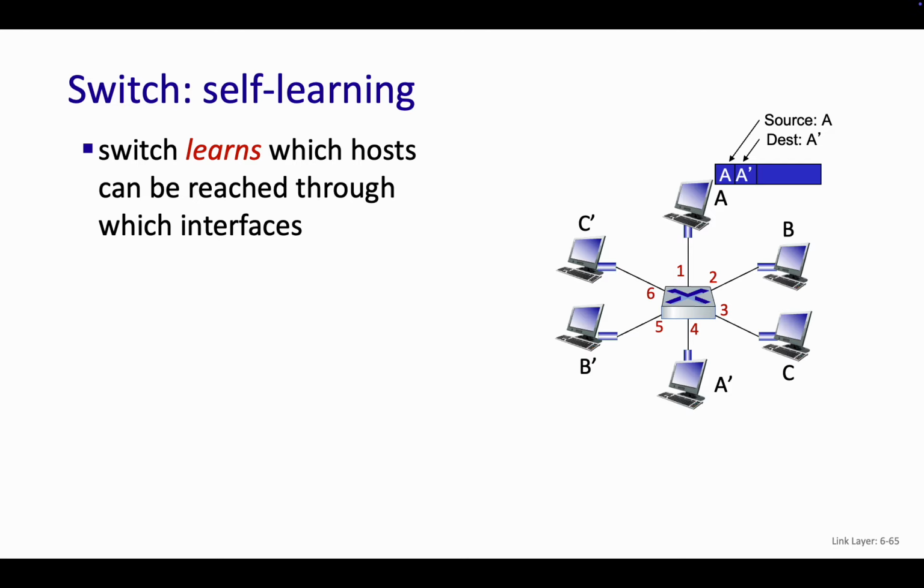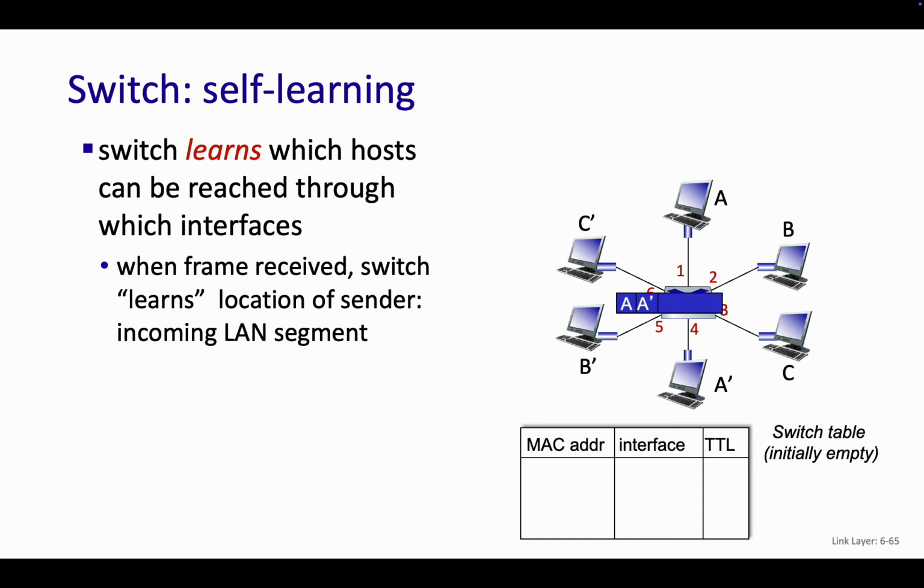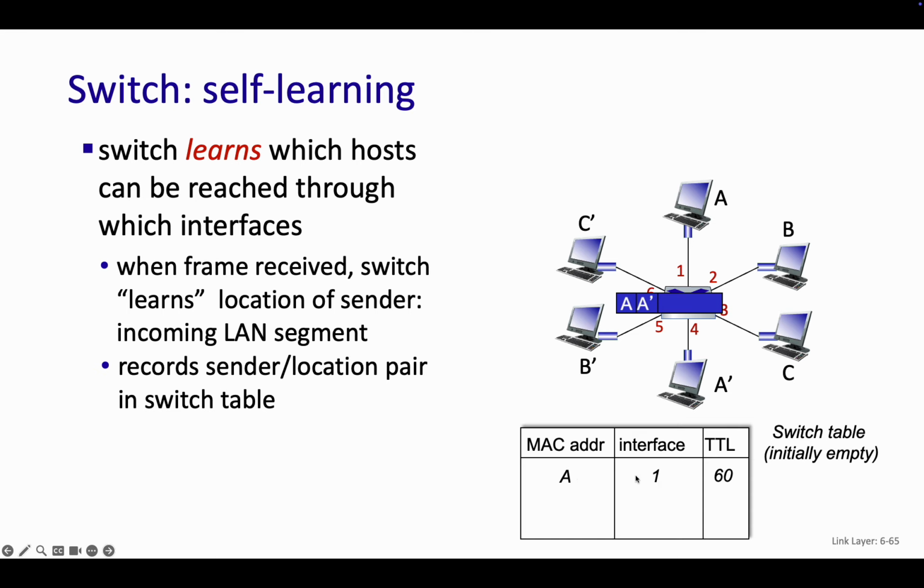So I have A, I want to send to A prime. So what I do is I just send it, and the switch says, oh, wait, this came from A. Okay, now I've learned that A is hooked up to interface 1. So it will now keep that mapping because it received that packet from there. Of course, it has a time to live, because devices can move around. What if you unplug your Ethernet cable and plug into a different one? And of course, we can't just say A is only at interface 1, because there could be other switches upstream. So there could actually be lots of devices connected to interface 1. So we have to just have this general table.